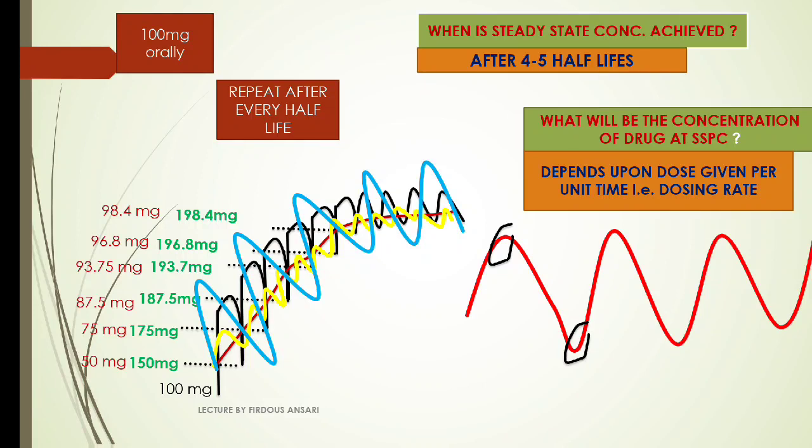So that low concentration is known as trough. Like you have got any drug that has a half-life of 12 hours. Half-life of 12 hours means for maintaining a steady state concentration, you need to take that drug 2 times a day. Like you have taken one drug in the morning at 6 a.m. and the second dose has to be taken in the evening at 6 p.m.